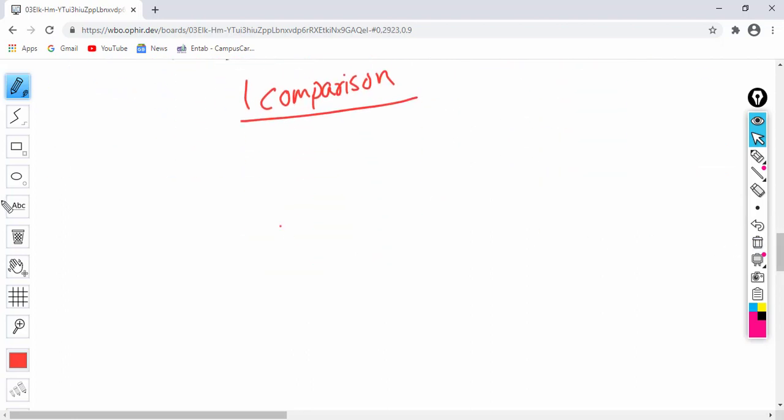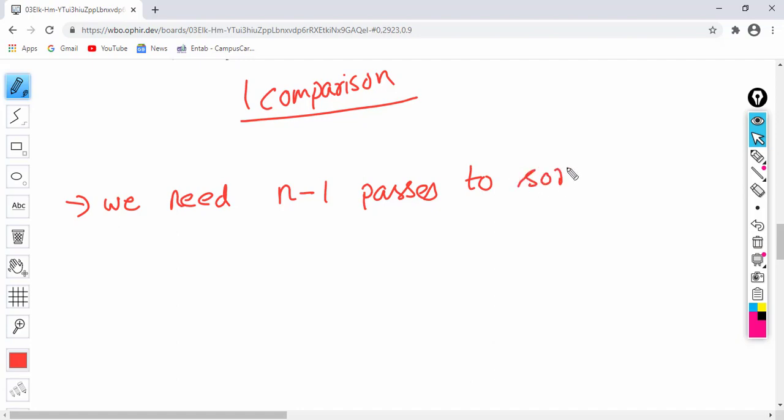So to summarize, we need n minus 1 passes to sort an array of n size.